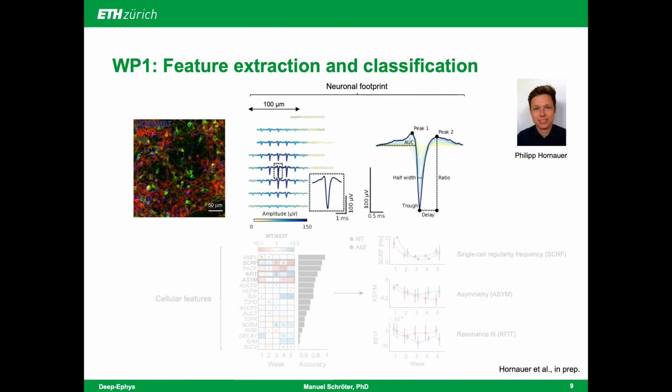What I hope becomes apparent from this picture is the very high spatial resolution that we can achieve with our HD MEA recordings. This neuronal footprint allows us then to infer various features associated with the action potential waveform of single neurons, such as the amplitude, its width, or several other metrics that could be potentially linked to aspects of ion channel dynamics and mechanisms involved in the generation of action potentials.